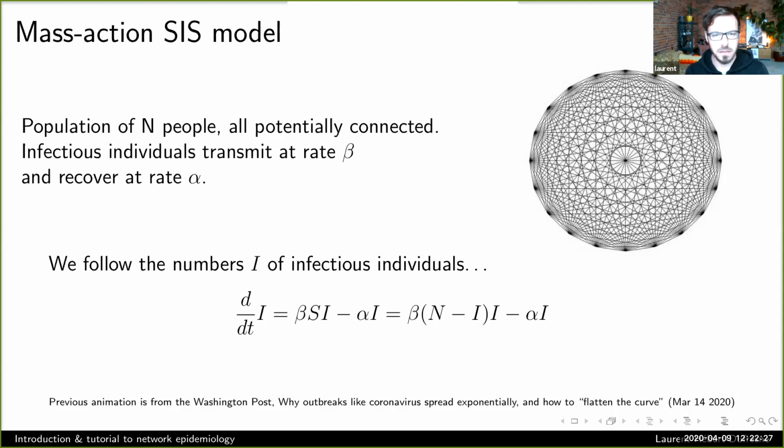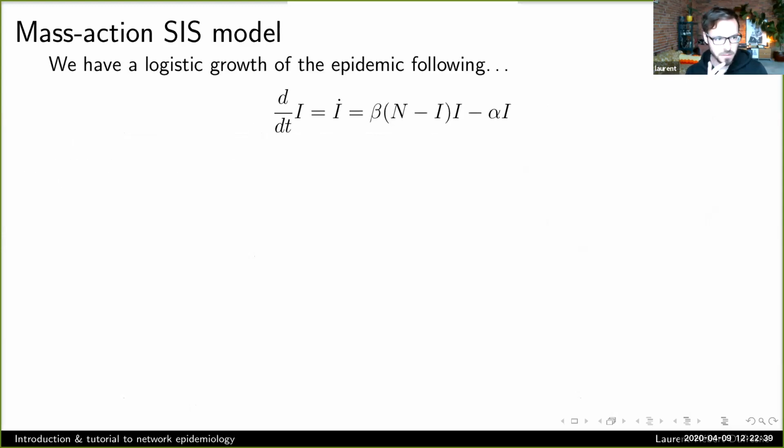So even though it might look like there's 2 degrees of freedom, 2 variables, S and I in the system, because I know the fixed population, there's only 1 degree of freedom, 1 variable of interest, and it's this number of infectious individuals. So I'm going to do a little bit of math so that we really understand where I think all of the intuition and all of the foundations for modern disease modeling come from, right?